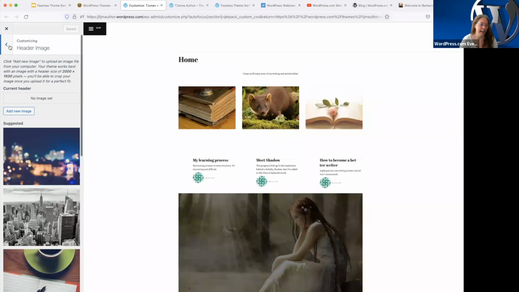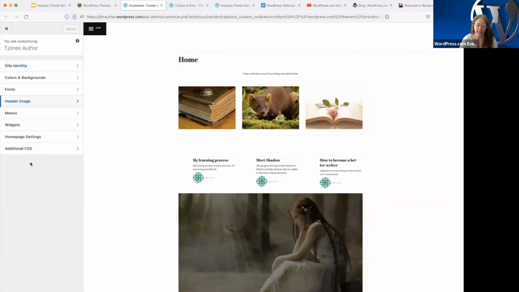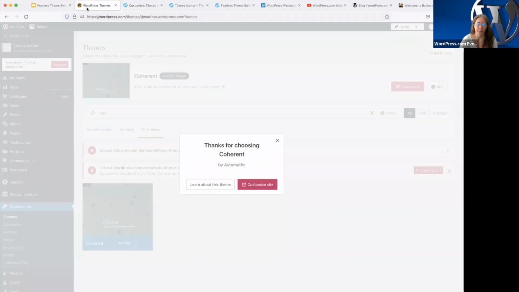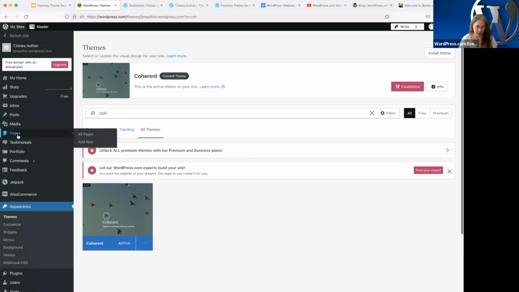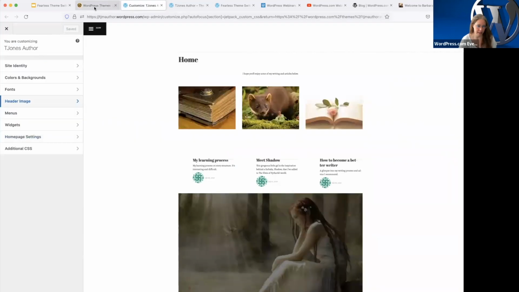If you've got a header image, just check all of these settings in the customizer. Your pages and posts, totally fine. Those are not going to change. And then when you switch to the FSE theme,